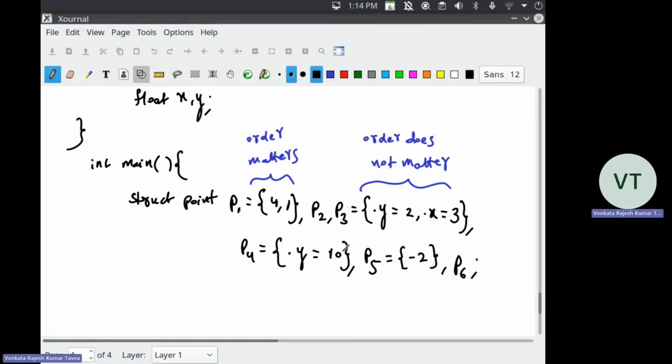In this case, I know the y value is 10, not the x value. So I specify dot y equal to 10, so that this 10 is not automatically assigned to x. I want this 10 to be assigned to y. So these are the different ways in which you can initialize